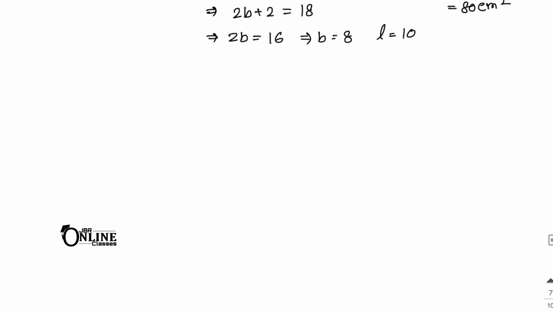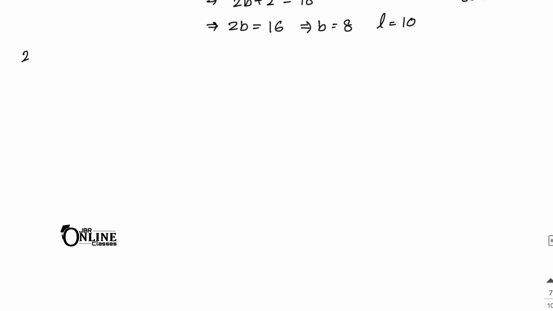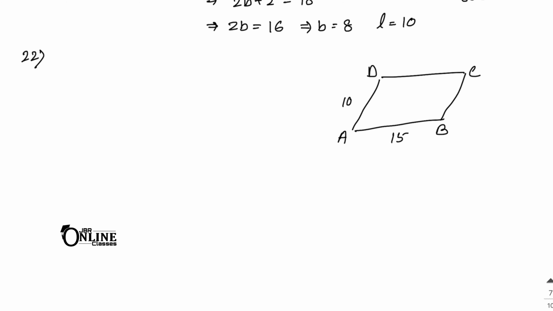Now move on to the next sum, that is sum number 22. Two adjacent sides of a parallelogram are 15 and 10 centimeters. So suppose this one is a parallelogram, here A, B, C, D. Okay, so here ABCD is a parallelogram, and this one 15 centimeter, this one 10 centimeter, two adjacent sides. If the distance between the longer sides is 8 centimeter, okay, distance between,